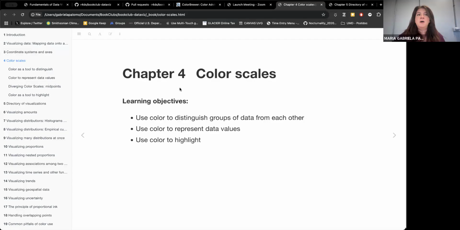Okay, so like I was saying, today we're going to present chapter 4 of the Fundamentals of Data Visualization book by Klaus Wilke. My name is Gabby, and I'm going to present, like I mentioned, chapters 4 and 5 today. Chapter 4 is about color scales, and I think this is a very fun topic to cover, and I think it's been covered a lot